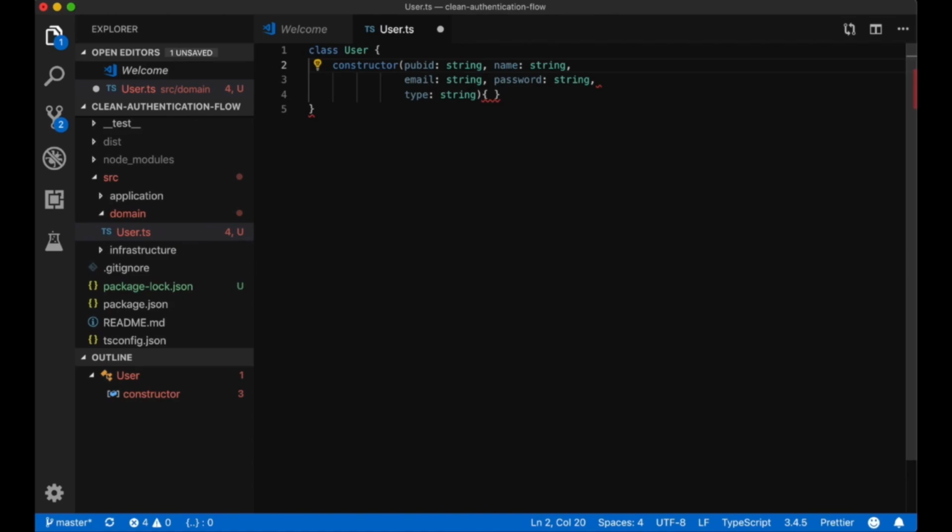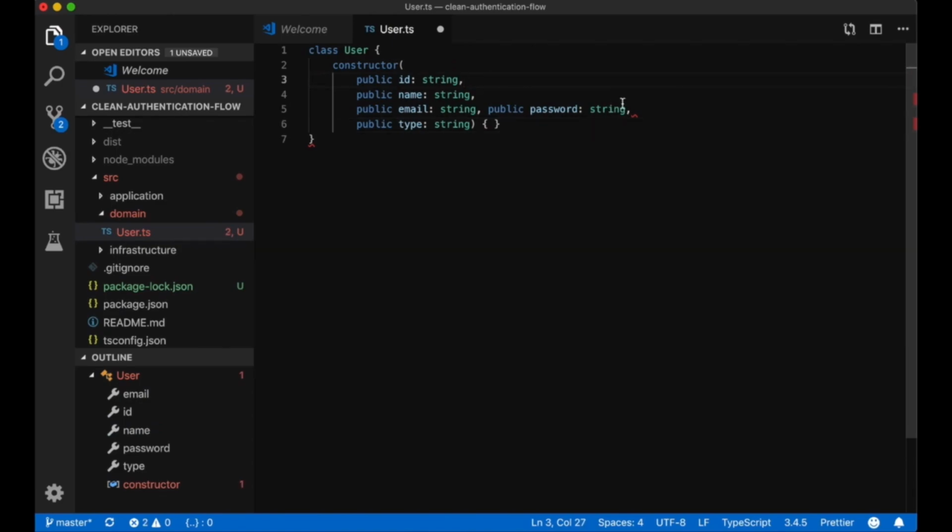These should be public. Okay, so that's our user entity,